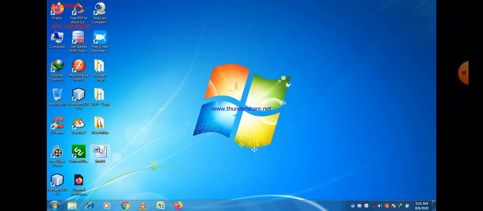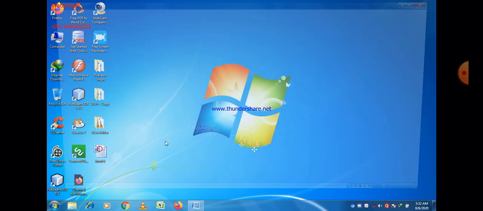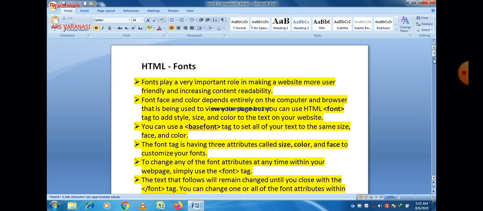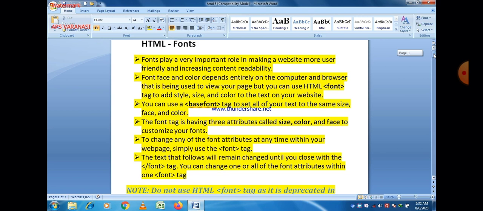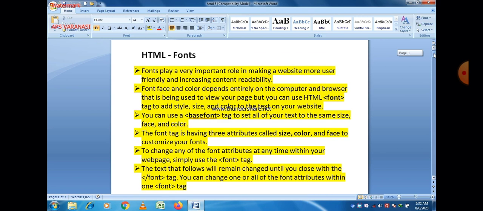The base font tag is the default and it is used for the entire web page, while the font tag is basically used for a particular section of a program in HTML. So these are the HTML font tags. Three attributes of the font tag are there: size, color and face. These were already discussed in our previous video, and in this video we will discuss